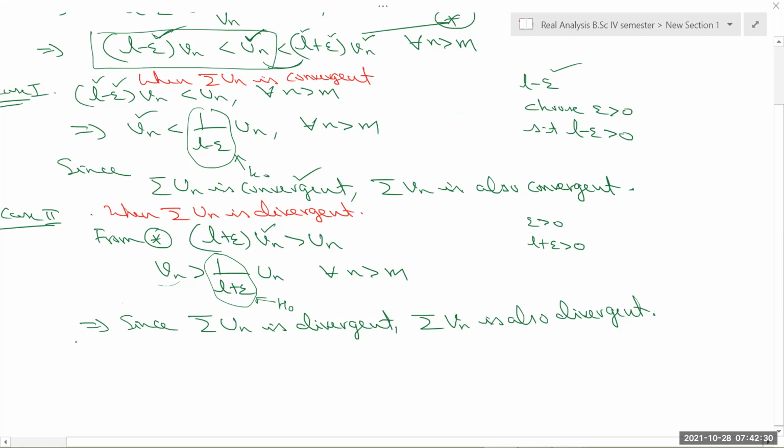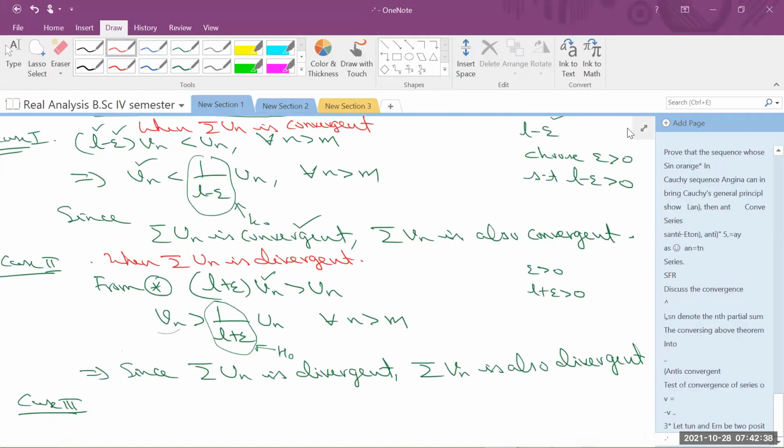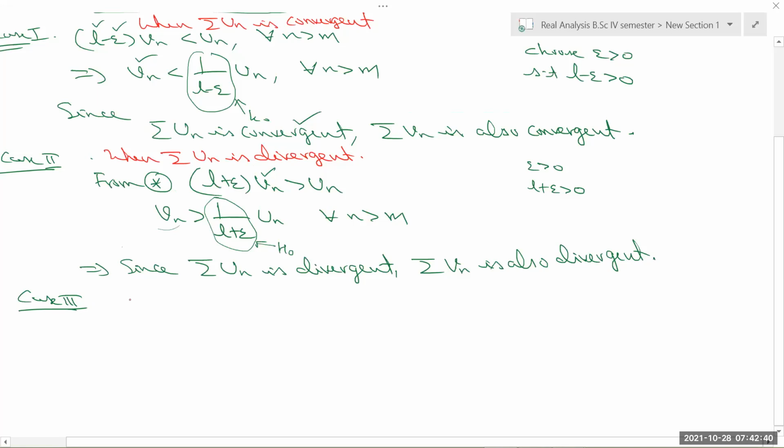Similarly, depending on this performance, I mean vn, third case when series vn is convergent. This case when series vn is convergent, then from star I can write